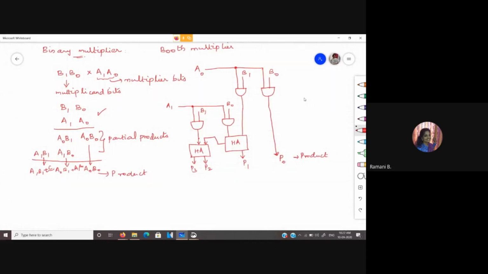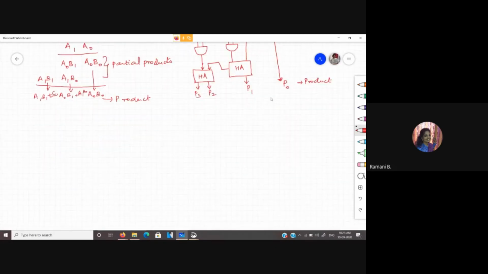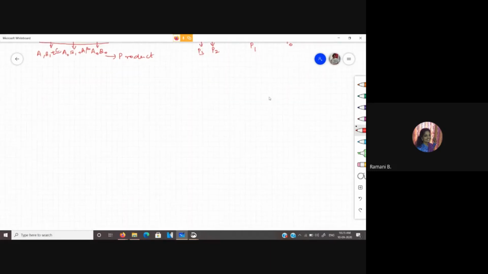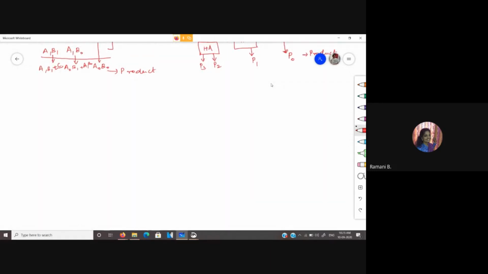The same way, let us see another multiplication of a 4 cross 3 multiplication.